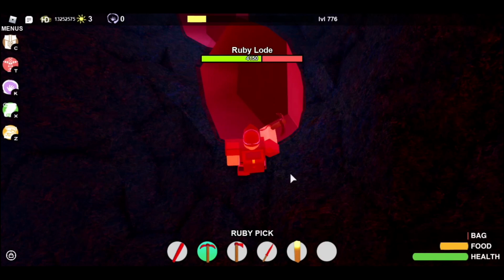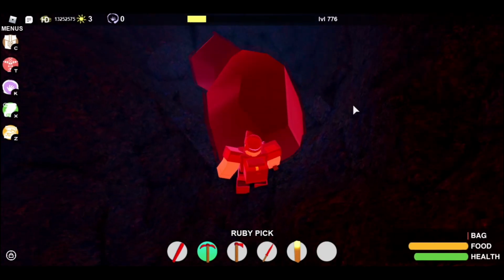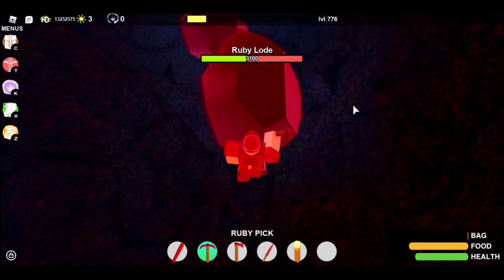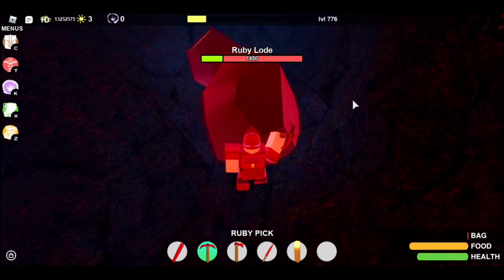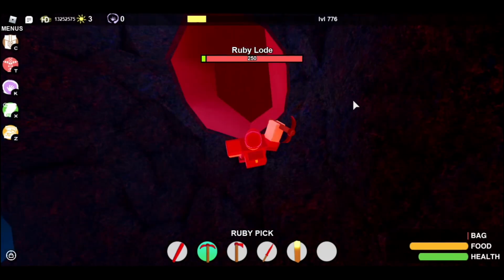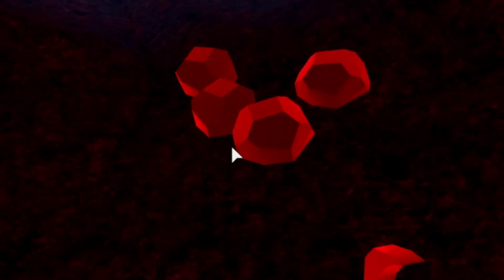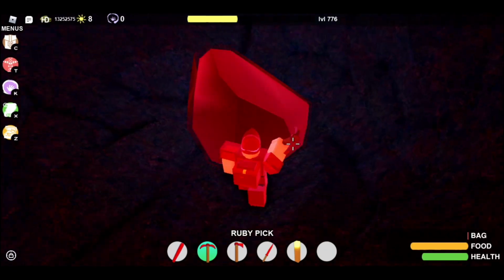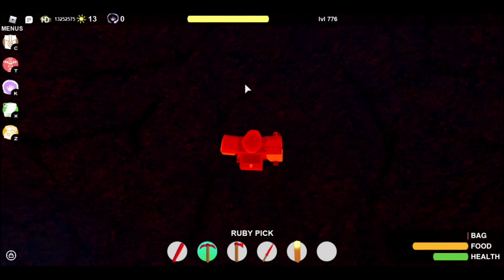So yeah, it's better than the Onyx pickaxe because the Onyx pickaxe actually got nerfed. So now it only does 125 damage. So yeah, the ruby pickaxe is better than the Onyx one at 150 damage. So then if we mine this ruby lode, you can see that each ruby lode drops 1, 2, 3, 4, 5 rubies. So if you mine both of these ruby lodes, then you will get 10 rubies in total from